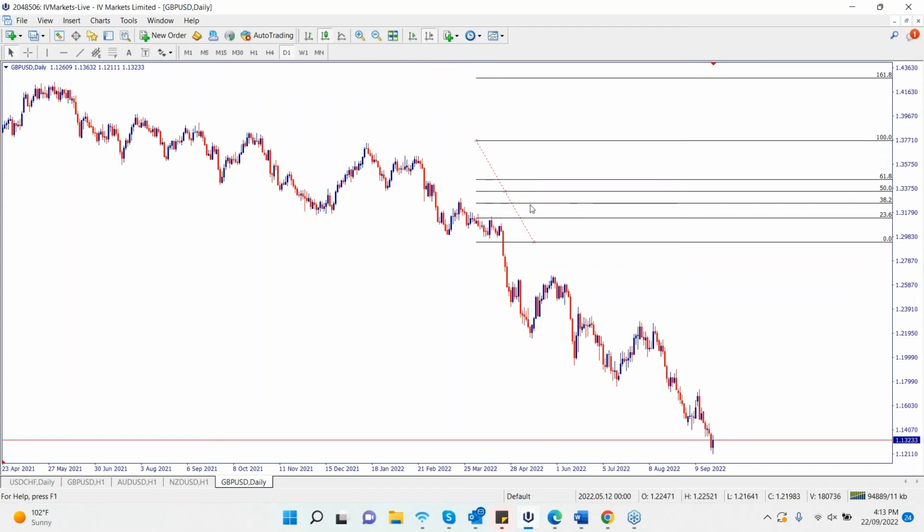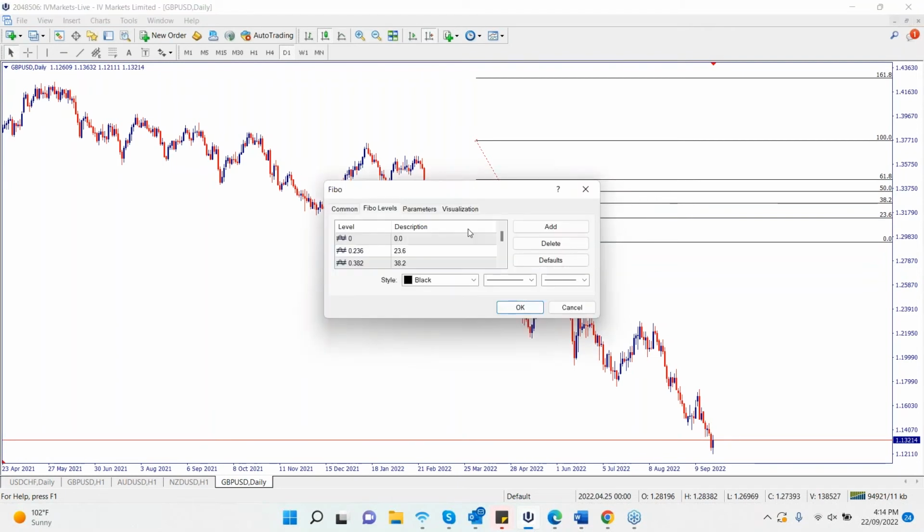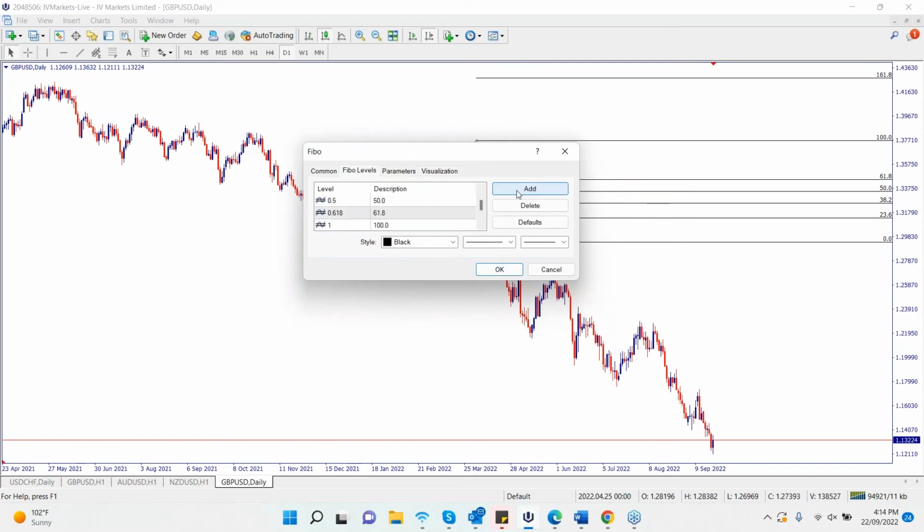For my suggestion, if I go for the analysis according to the Fibonacci, I am going to add levels. This is another learning. How are you going to add the levels? Just go into the properties here, and over here we are adding. Look, we already have the 61.8 level, right? So the next level, which is very important according to my analysis, is 0.705, and in the description you have to write